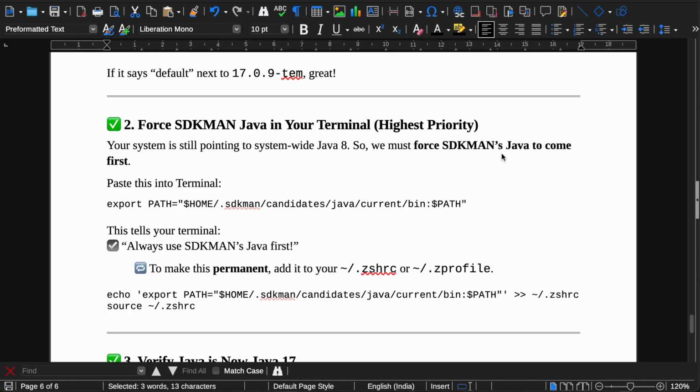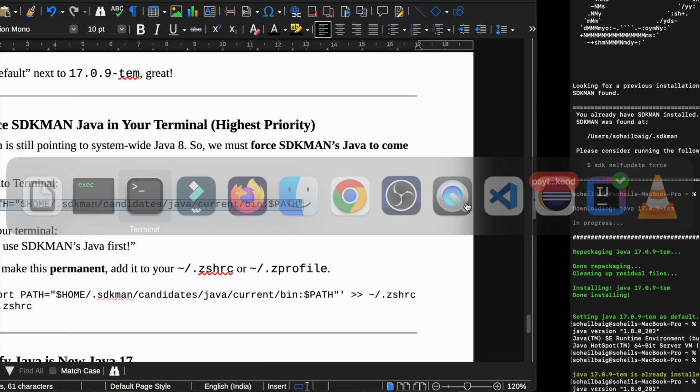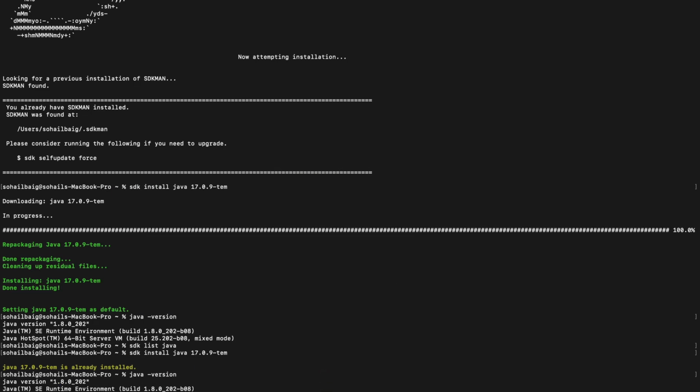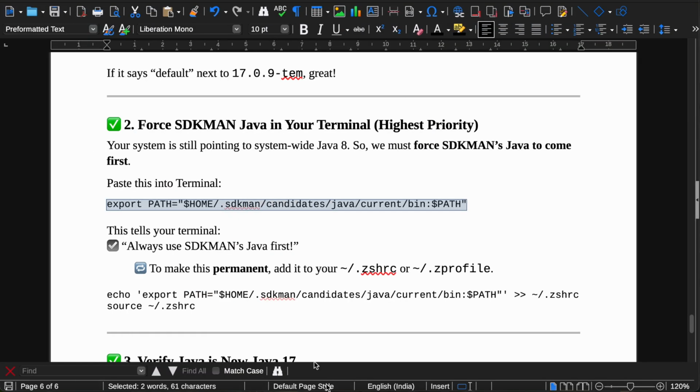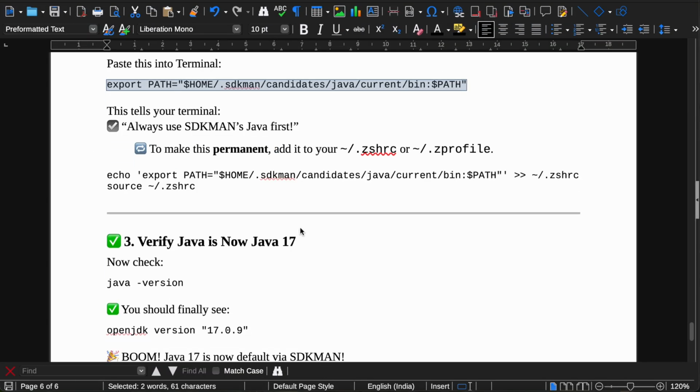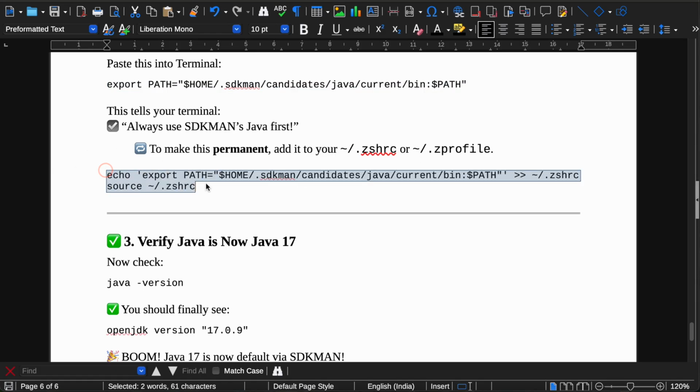We must force SDKMAN Java to come first. So we'll copy this command, then we'll paste here. So what exactly does this mean? This tells your terminal to always use SDKMAN Javas first. To make this permanent, add it to this one. So I am just copying this